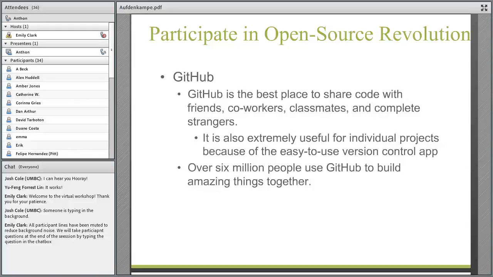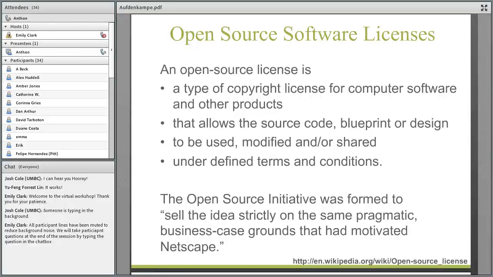And it's expanding, and they're doing more than just sharing code. They literally are sharing the schematics to electronic hardware. So there are geeks out there who are planning weddings using GitHub because it's really very good at that. So the first thing you do when you log into GitHub, it actually asks you, well, what is your